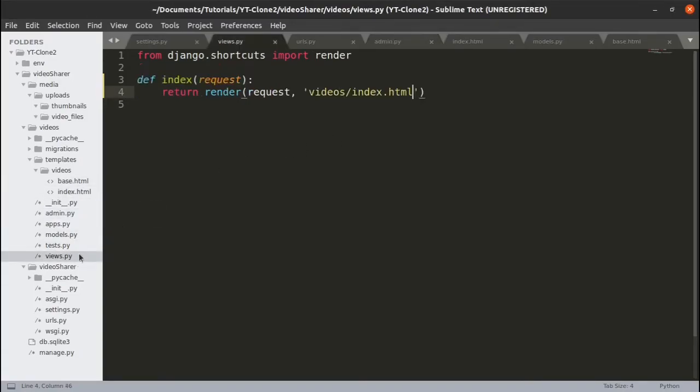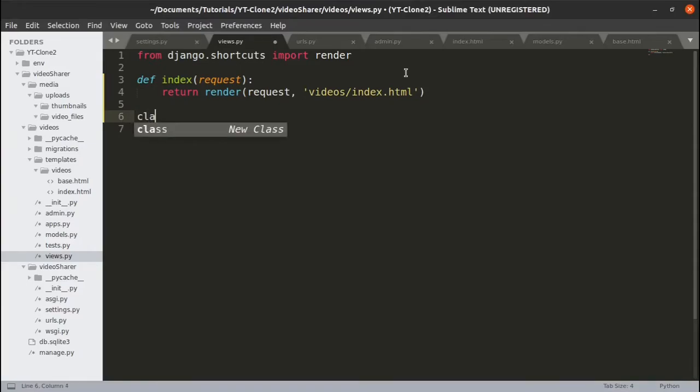So to start, let's create our view. So we'll go into our views. And for now, we'll leave this index one here for now. We're going to change this later to make it a list view. That'll probably be done in the next tutorial. But for now, let's go ahead and just add our create view. So below this view,